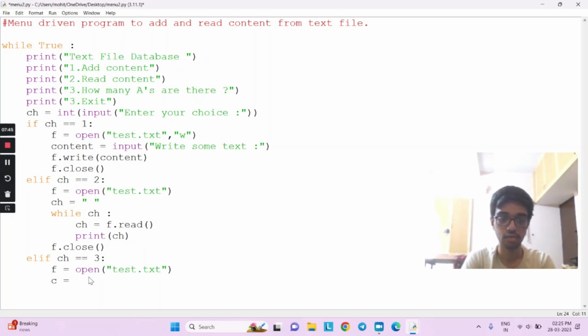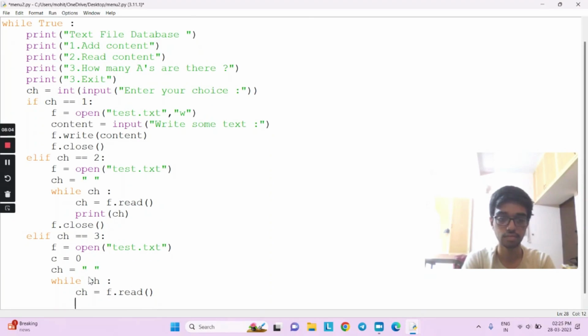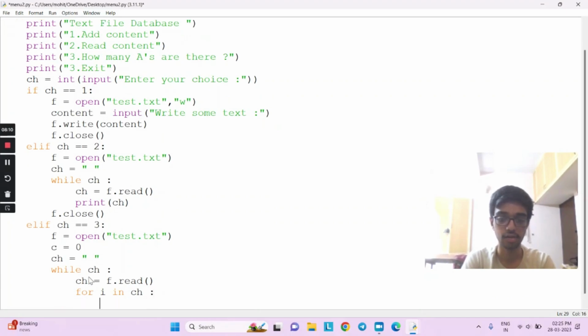Now C is equal to 0. CH is equal to space. While CH is equal to f.read, for I in CH, this is an iteration here.